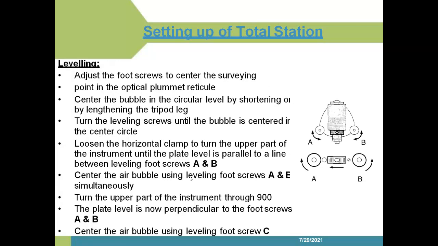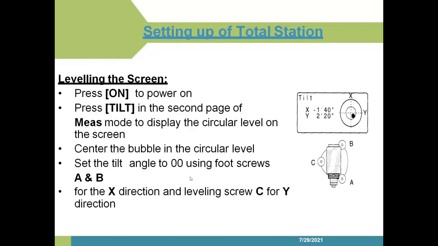After that, leveling. In that leveling, adjust the foot screws to center the bubble. It is also the same as leveling with the theodolite. For two screws, we adjust in the same clockwise direction, otherwise we do the adjustment in the same anti-clockwise direction. After that, we will fix the C screw. We will adjust the A and B screws in the same direction, then after that only we will fix the C screw.